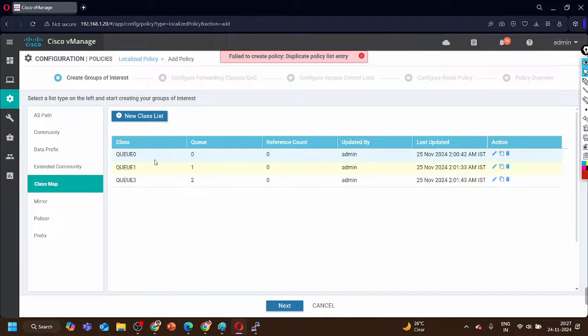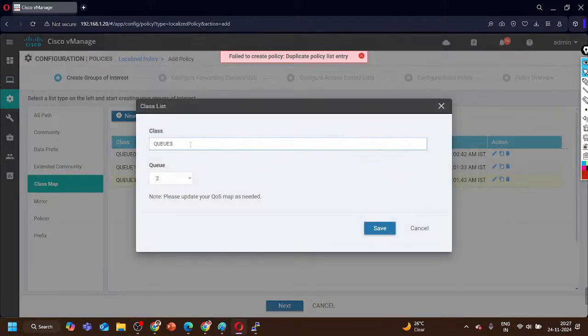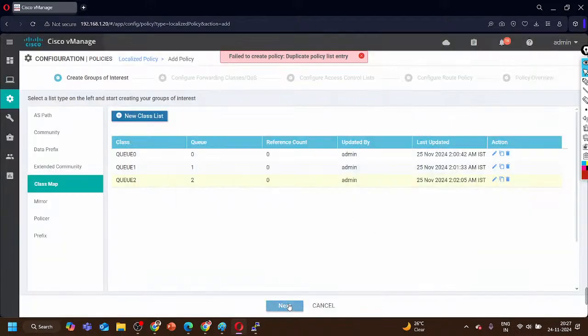So done. You can see I have created 3 queues here, q0, q1, q2, and then click next, and you can see the queue number as well. Queue number 0 is for q0, 1, 2. Done. This is the q2, let me rename it q2. All good. Click next,